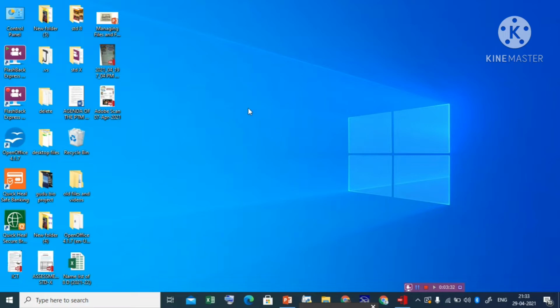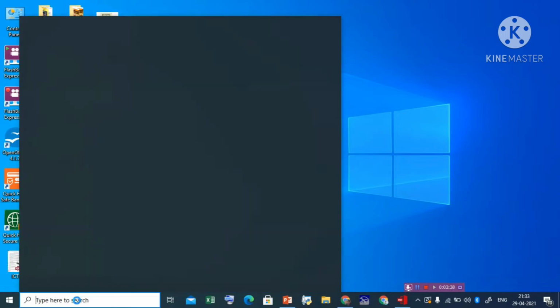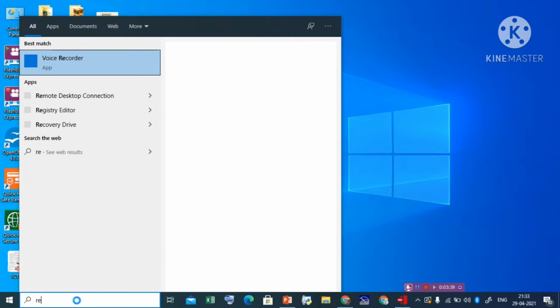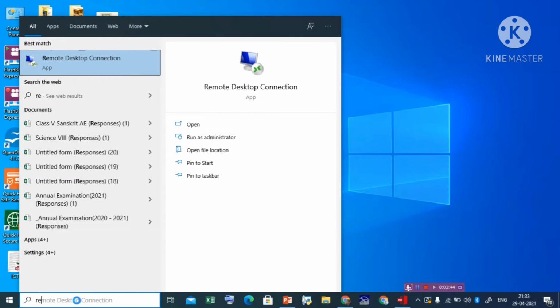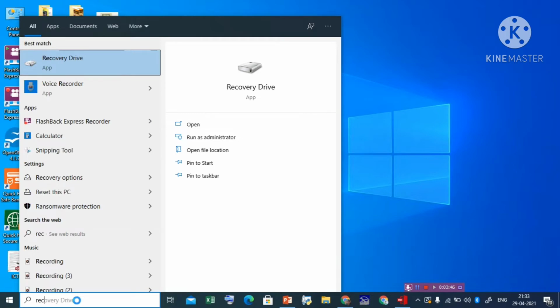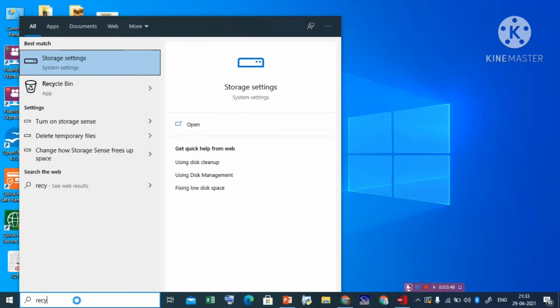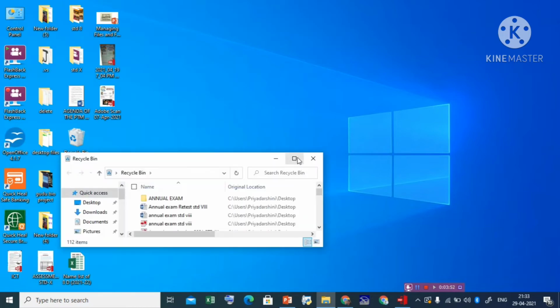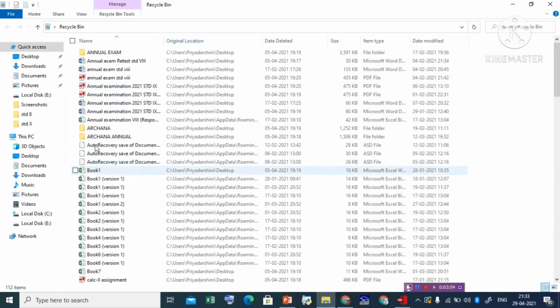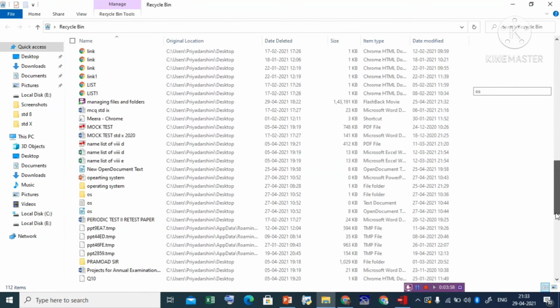If you go to the recycle bin, you can find it. So let us search for the recycle bin. See, this is your recycle bin. You can get this folder which we have deleted just now.